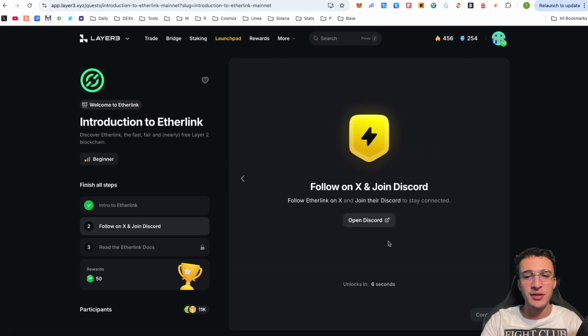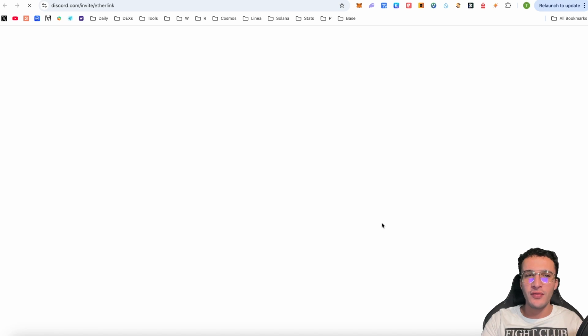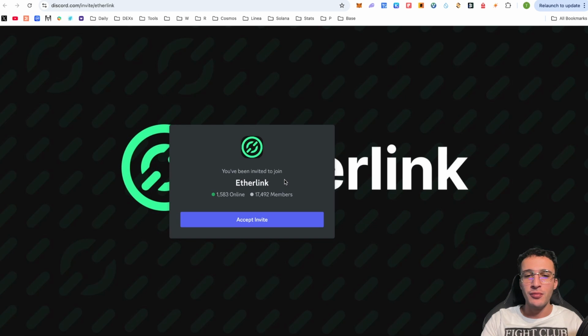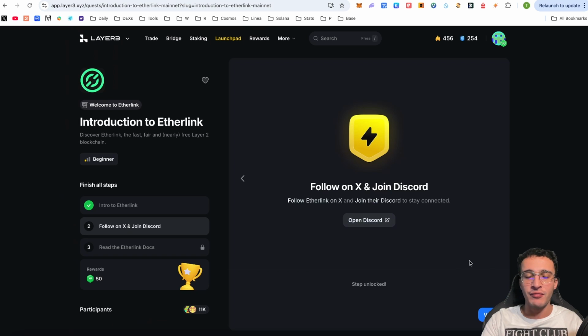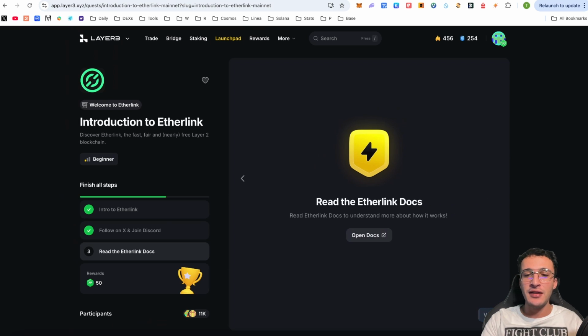on X and join their Discord, which you can follow them over to, and we've already followed them on X at the beginning of the video. So simply do that, guys. Come back over to the Layer 3 quest, click verify, and then you'll be able to see that we need to read the Etherlink docs,